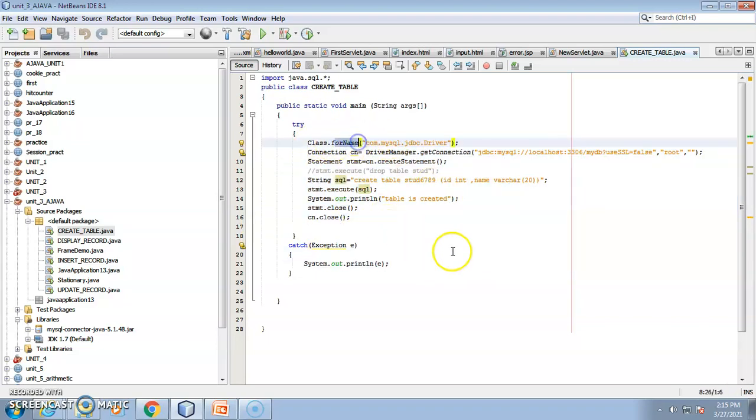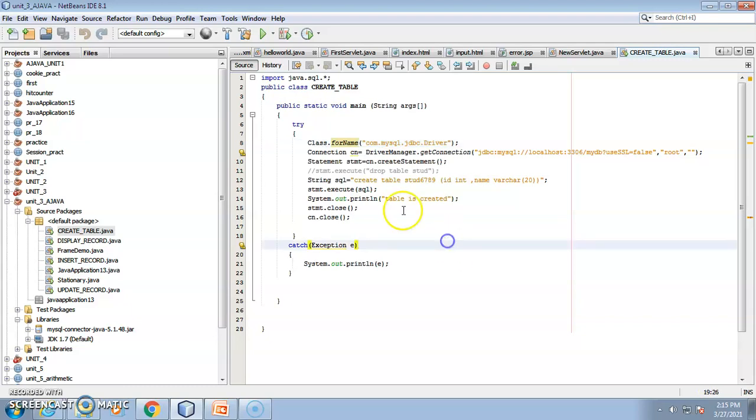Here by using the forName function, you are registering the MySQL driver. In the earlier one I added the type 1 driver, that was the JDBC-ODBC bridge.